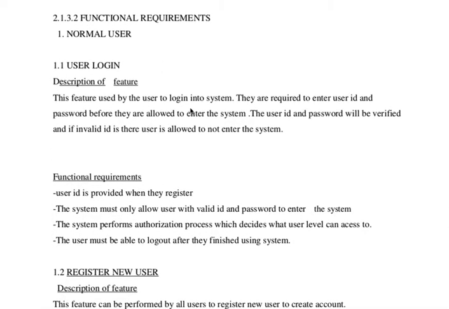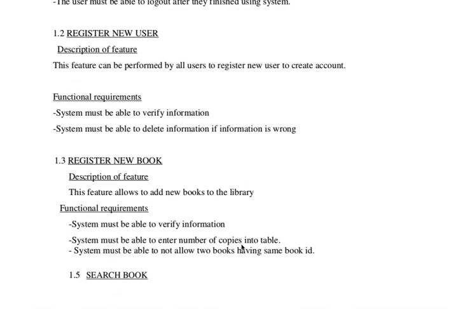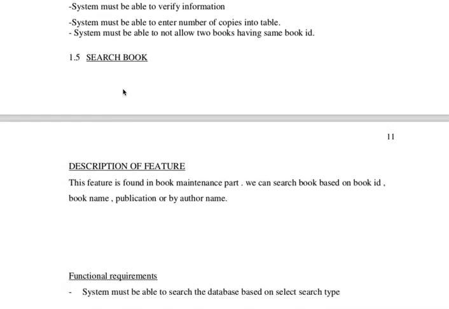Functional requirement, your login page. Okay, user ID you have to provide for the new user. So these all are the functional requirements. Search functions should be there so that they can search by book or by author, or suppose the admin wants to search for a particular student, they can search with a particular student ID. So these come under the functional requirements. Okay, search book is there.